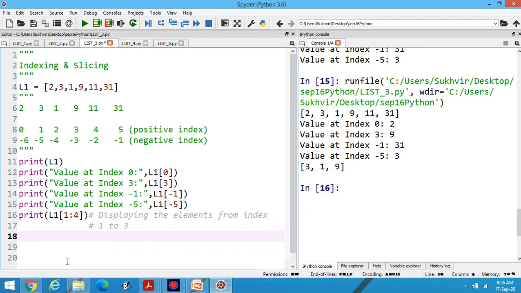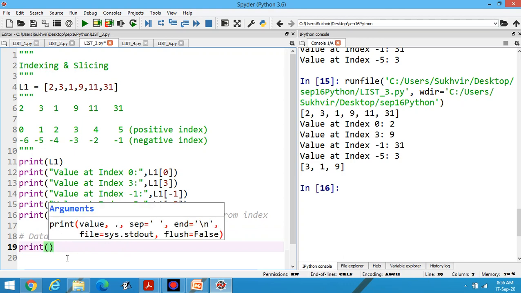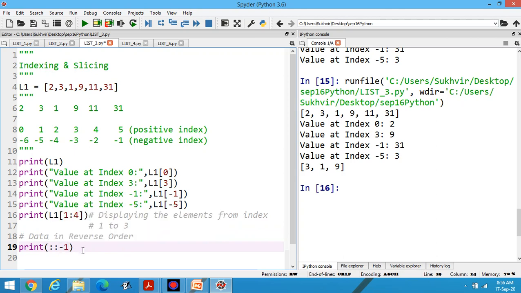Suppose I have to display the data in reverse order. Print, I can use here two blank contents, then -1. -1 is the step, this one is the starting value, and this one is the end value.